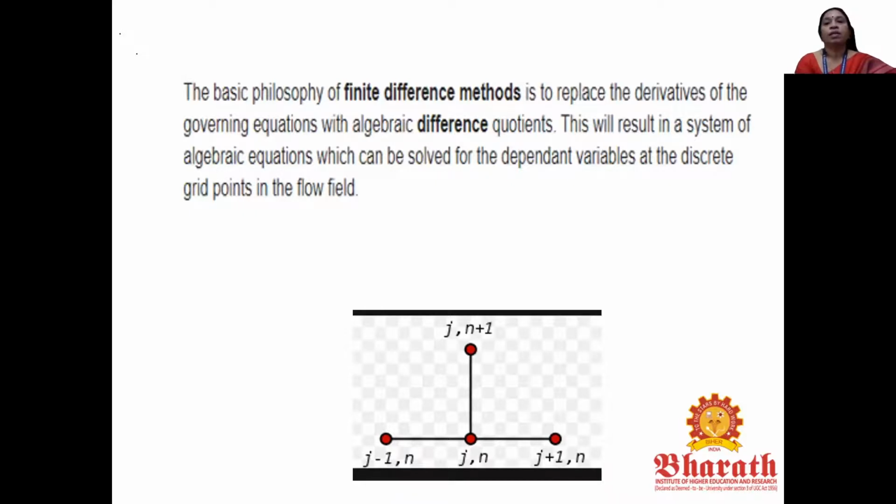So you can see the diagram. There you have got j comma n. If you are shifting to your left-hand side, it is j minus 1 comma n. If you are shifting to your right-hand side, it is j plus 1 comma n. So the y coordinate remains the same, only the x coordinate varies. Now if you go up, j comma n becomes j comma n plus 1. So this is the grid you will often be using when we are doing problems.